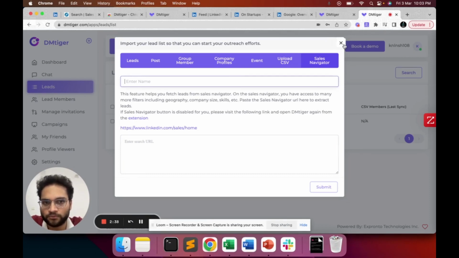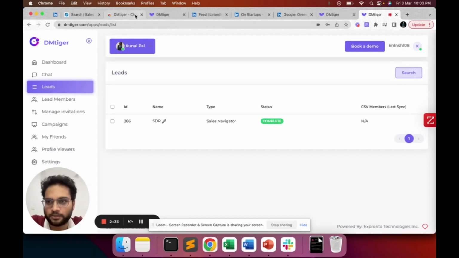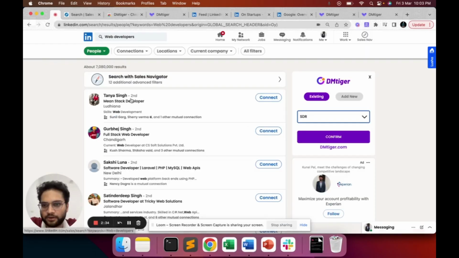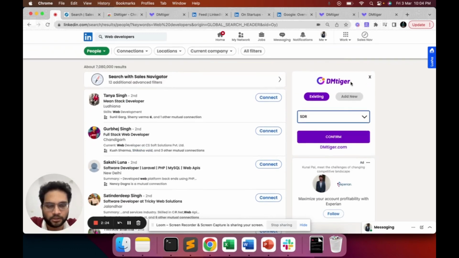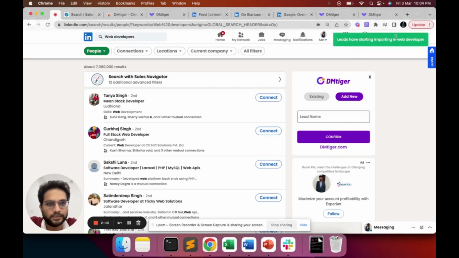I'll demo a few of these quickly. Now, for example, we have a list of web developers here. If you are a recruiter who is constantly reaching out to developers, designers, I have done a simple web developer search here. Here on the right, a small widget of DMTiger shows up. You can name this web developer,